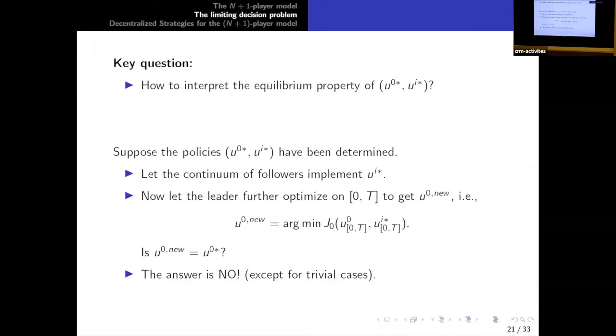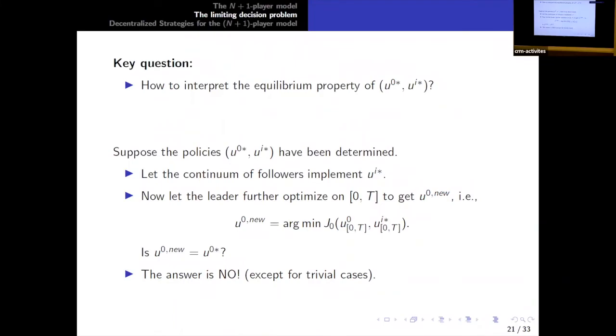Actually, to answer your question, we need to further refine the scenarios. If the leader's strategy is fixed, and the minor players still play a large game as specified by the original solution here, they will not deviate. But if they cooperate, then it's a different story. They can move away. So the Nash situation will stop them from this. Thank you. Are there any further questions?